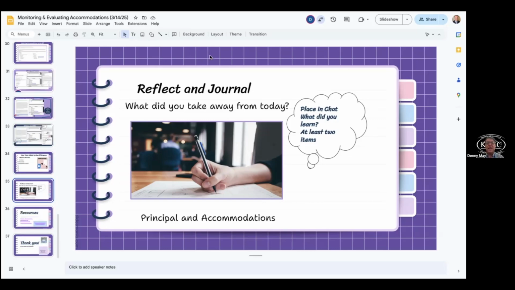I wanted to take a minute here and let you share, and I'm starting to see some things in the chat. There's one from Miss Johnson, and one from Miss Ritchie, who says she appreciated the reminders of what they're required to do and the requirements for regular ed and special ed. So she just appreciated what to look for in the requirements. And then I see Mr. Campbell and Miss Johnson also.